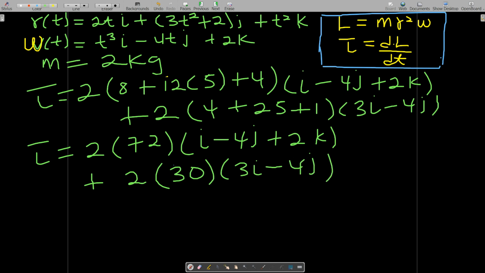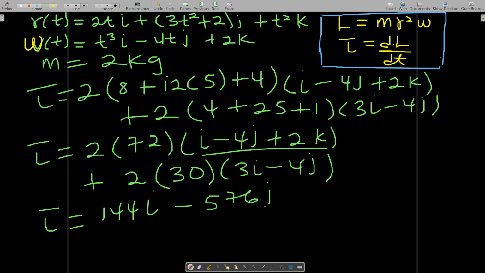Now I get torque is equal to 2 times 72, which is 144. Then multiplying the whole of this bracket, so 144i minus 144 times 4, that becomes 576j, plus